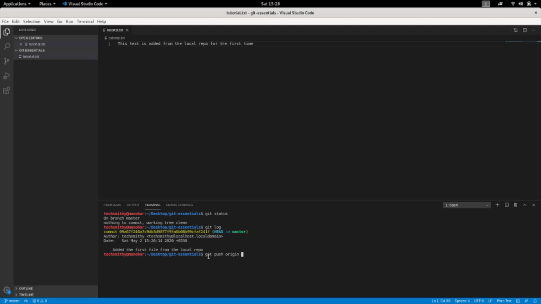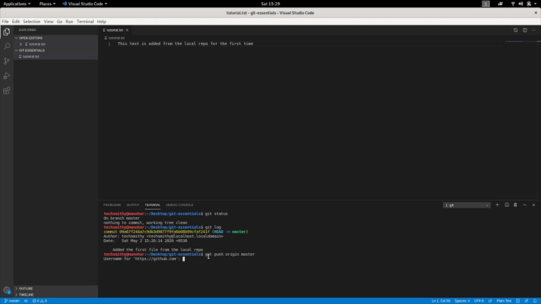Origin is something which you aliased your remote repository as. So you are pushing the local changes to origin, which is your remote. Master is your branch. You are pushing your changes to a remote repository's master branch.